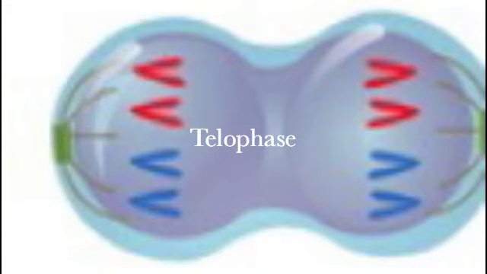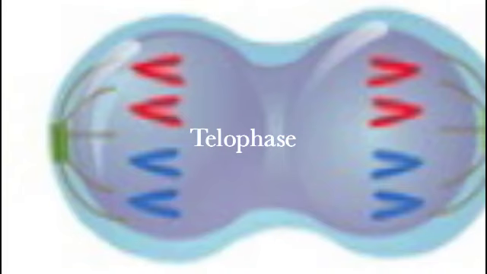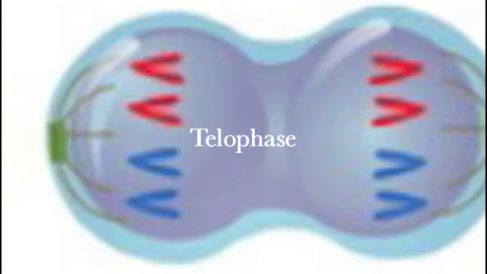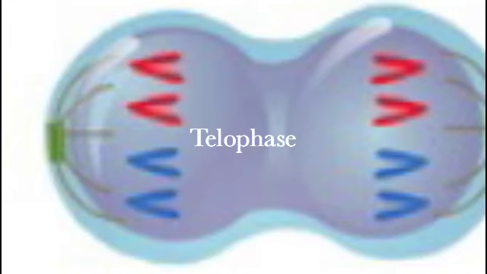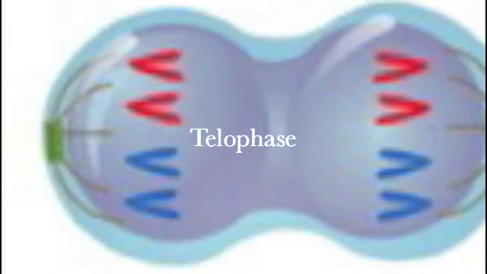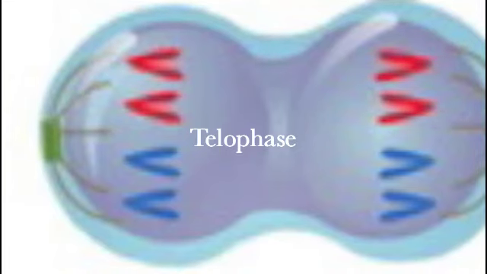Telophase. This is the last stage. The daughter chromosomes arrive at the poles and the spindle fibers that have pulled them apart disappear. The nuclei are rearranged. The chromosomes loosen and partially uncoil as a new nuclear envelope made from vesicles and other parts of the old envelope forms around the chromosomes.